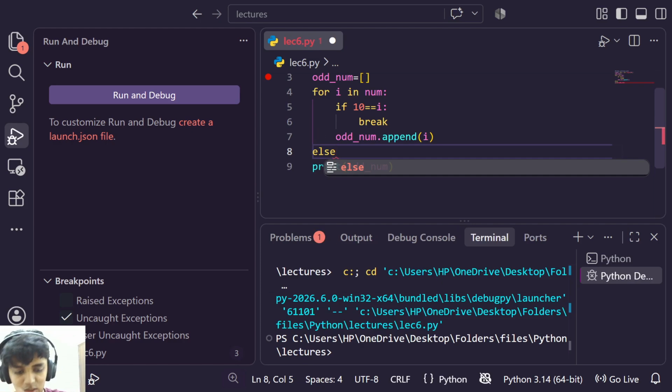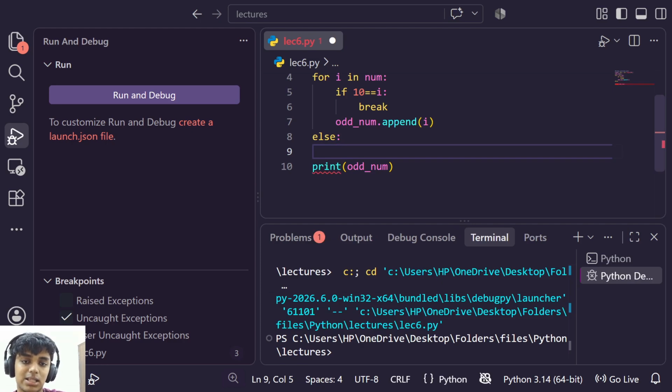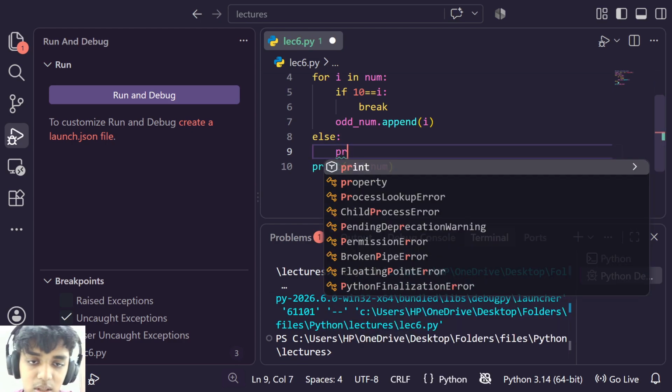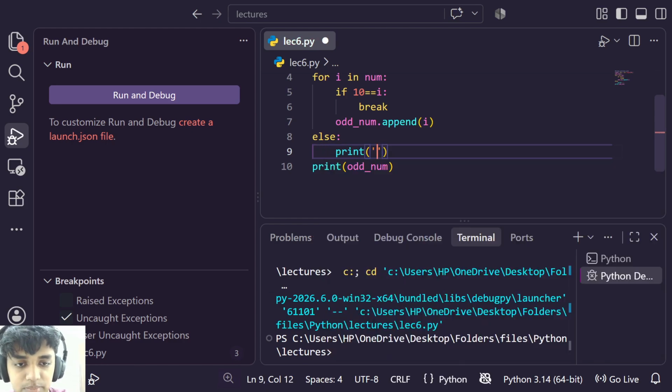The else statement will execute with reference to the for loop. When the for loop ends, the else statement runs. We can do print all the values are printing,